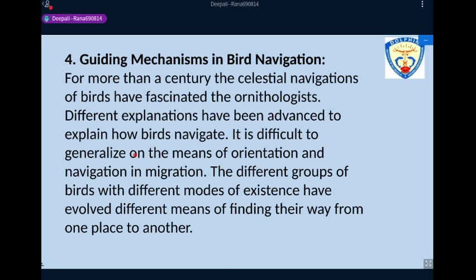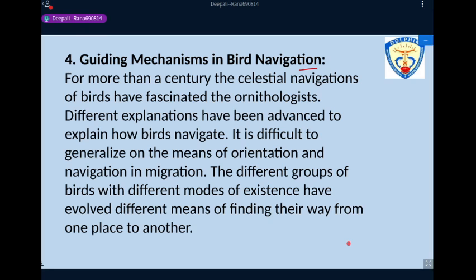Then there are certain guiding mechanisms in bird navigation. You must be thinking about what is going to navigate and guide these birds so that they are able to travel such large distances, and in every season and every part of the year reach a certain destination without failure and without getting distracted. That means they are getting the navigation, the signals, the direction due to certain conditions.